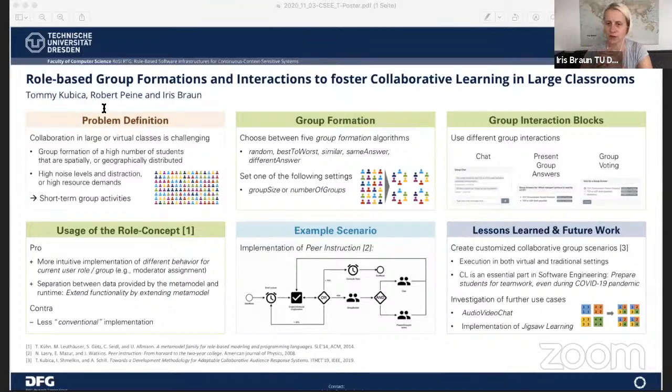to give them additional tasks. To support the collaboration in the groups, we added 3 group interactions. So we added the textual chat in which the group members can exchange their opinions and discuss their group answers. Then we have a present group answer block so that we can show which answers the group members previously have chosen, and then a group voting where the group members vote together for a joint answer to